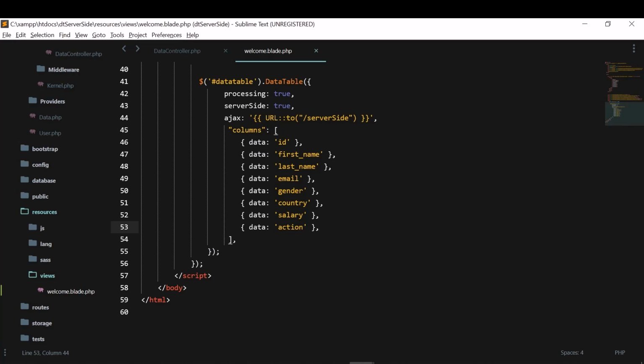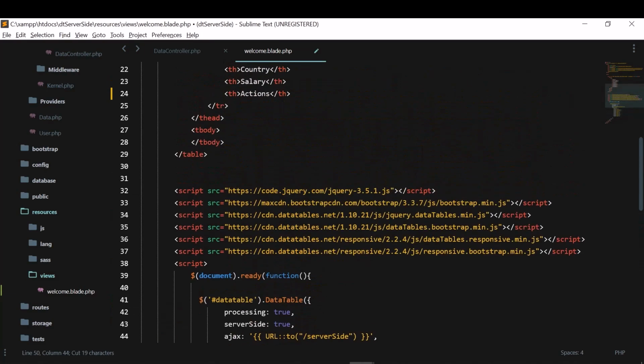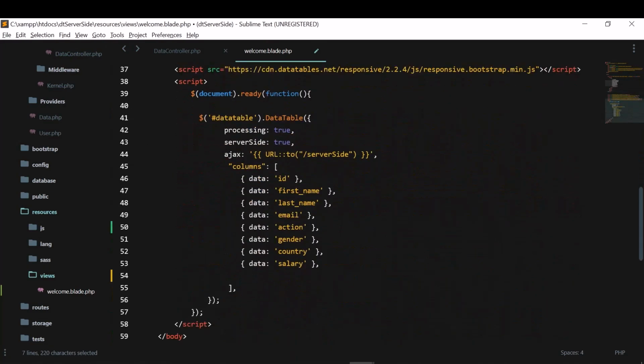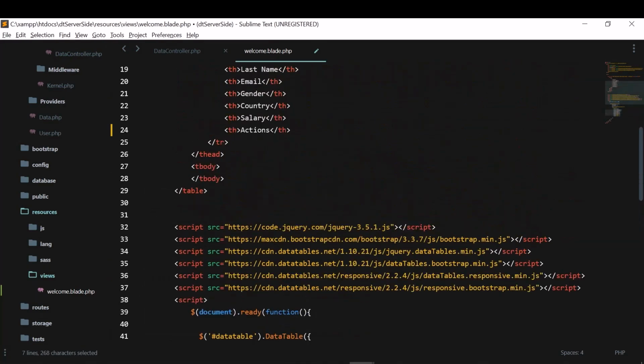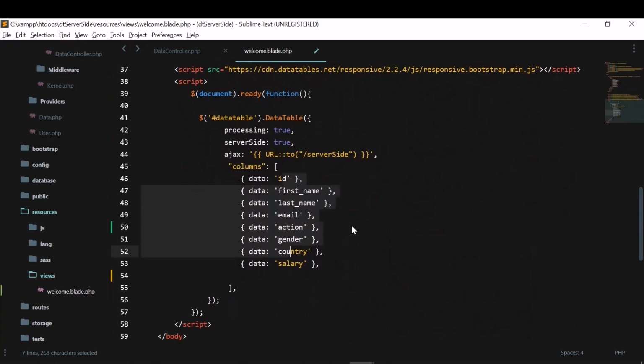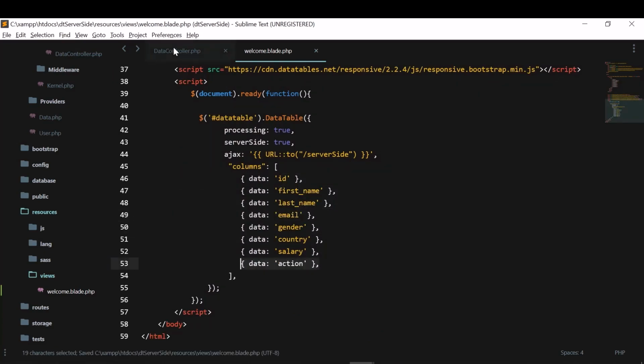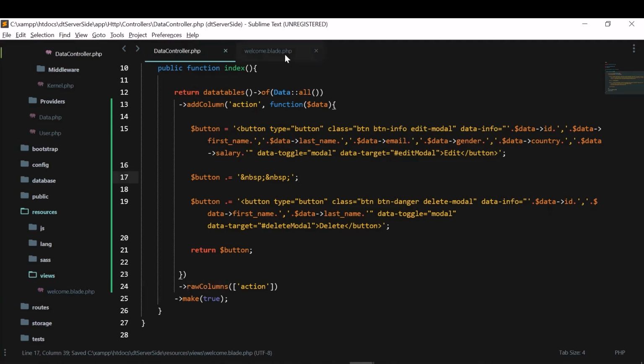The action will show after the email, and after the email it will show gender, like that. This precedence is followed here. So let me bring this action back here. I have created this HTML and added the actions.